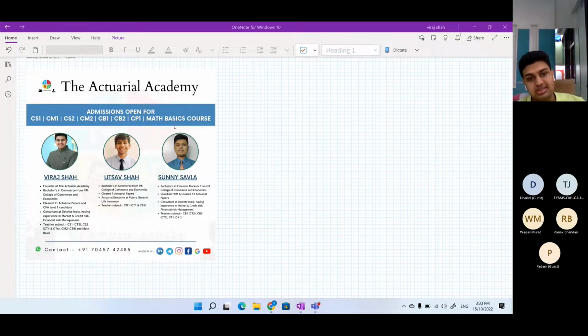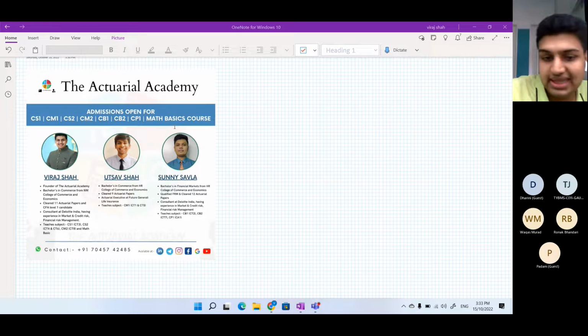For CS2, most of the concepts which you will be learning, I've already worked with in real life. So we'll be following that structure. Whatever you learn, I'll even give you a real life example of how we are going to apply it. So this is just a basic introduction. Let me start with the CS2 introduction.